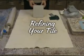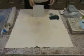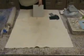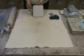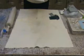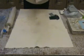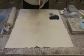Our 6-inch tile is bone dry. You can see it's turned a lot lighter color, a very pale gray, compared to the darker gray of our fresh clay. It also doesn't feel cold to the touch. When your clay is bone dry, it'll feel roughly room temperature, maybe a little cooler, but it won't be cold